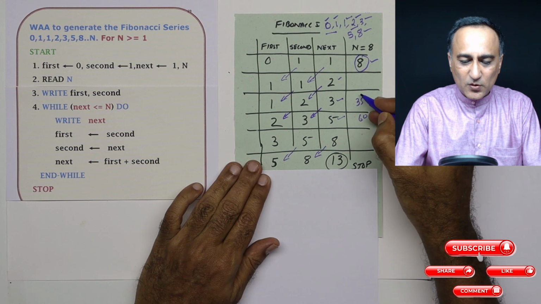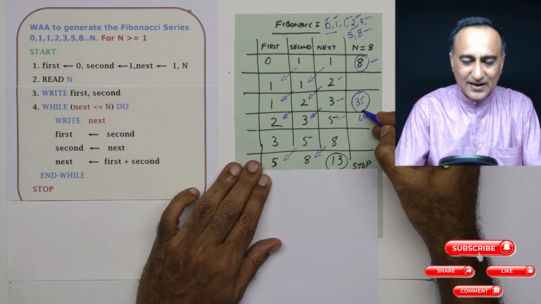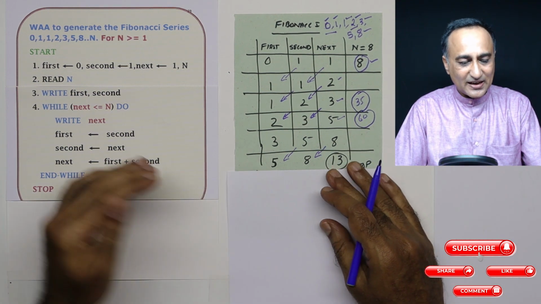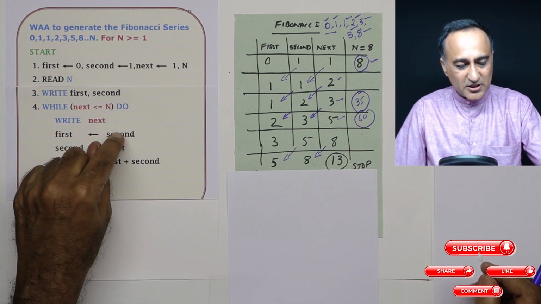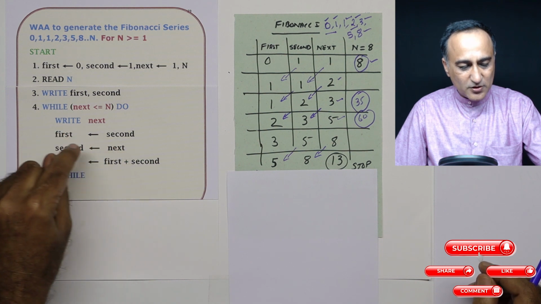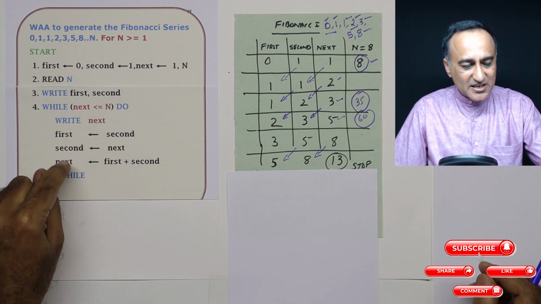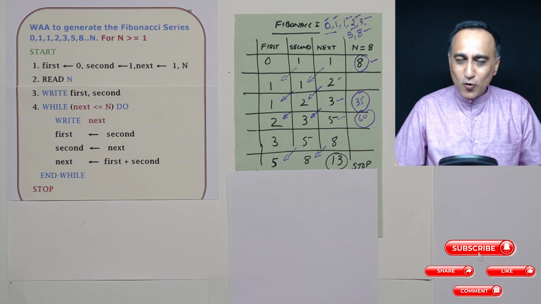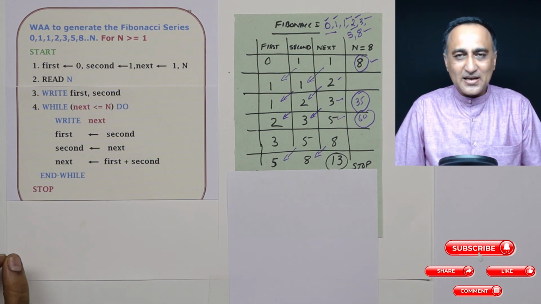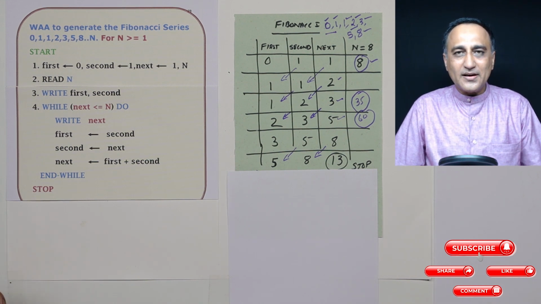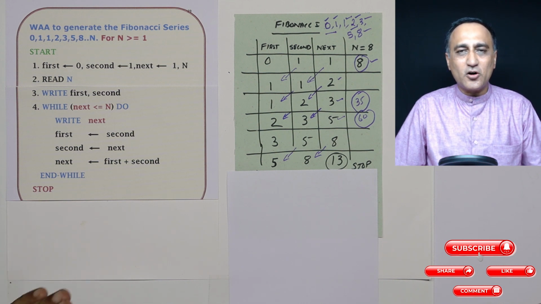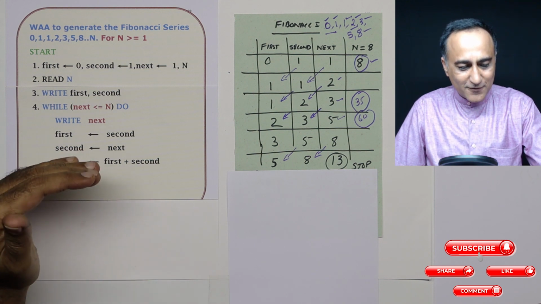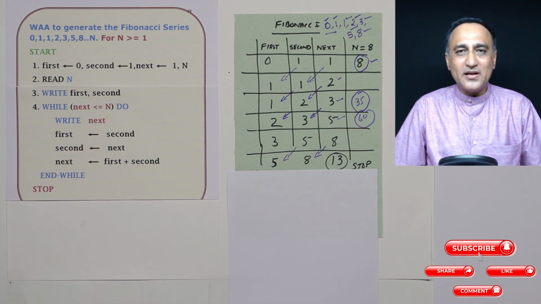If you want to understand the working of this, take a larger value of n like 35 or 60 and run through the logic. Most important point, this sequence is very important. Second should first go to first. Next should then go to second. If you interchange the order of these steps, your whole output is going to be a mess. That is what requires a little thinking or a little logic in writing an algorithm or flowchart. The order of steps is absolutely important because that's all there is left to logic.